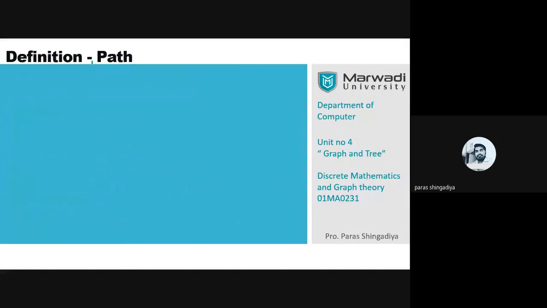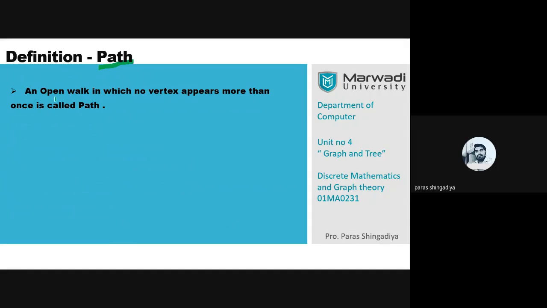Now let us check another important definition, the path. Clear? What is the meaning of a path? A path should be an open walk. Now you have to filter the definition of walk in a path, and after that you will use the circuit. Walk means a finite alternating sequence of vertices and edges, beginning and ending with a vertex. No edge appears more than once, but a vertex may appear more than once. That is the definition of a walk.